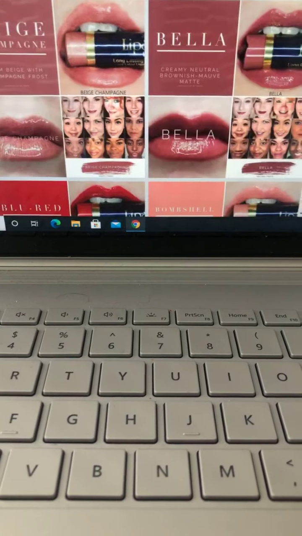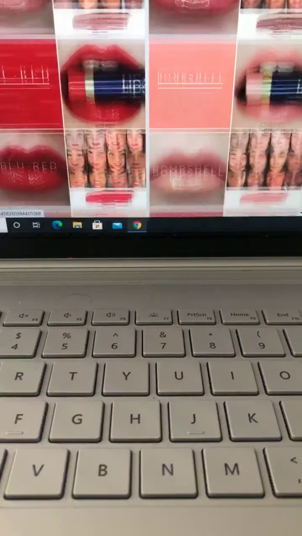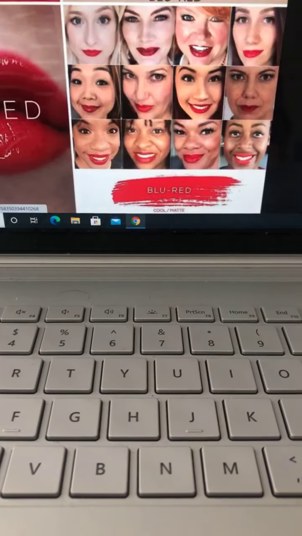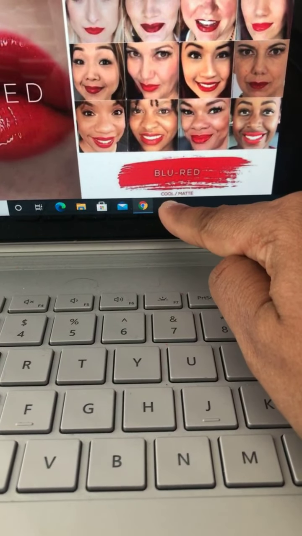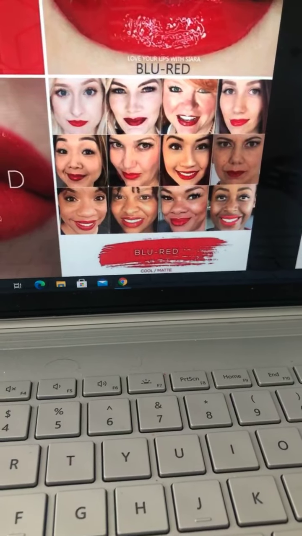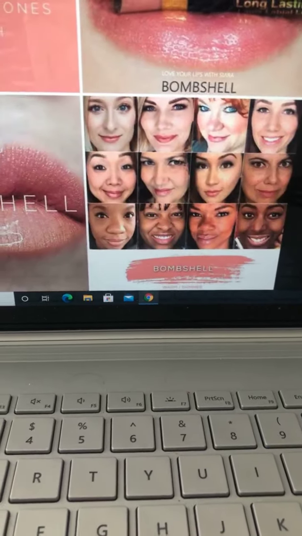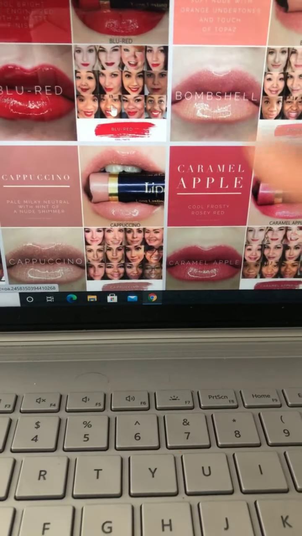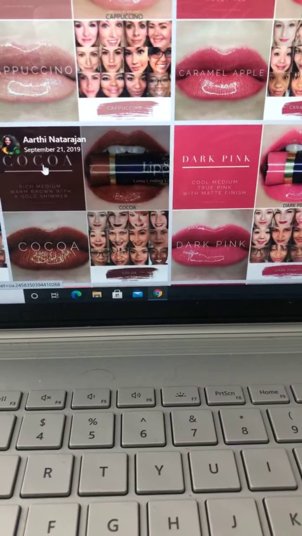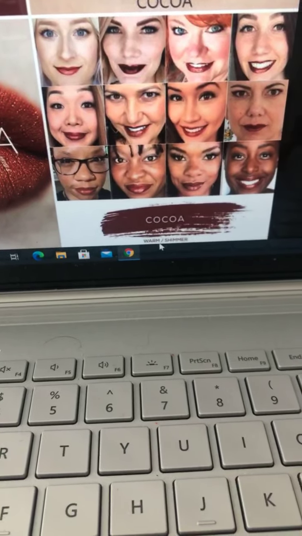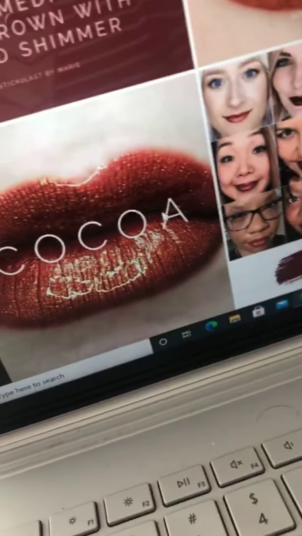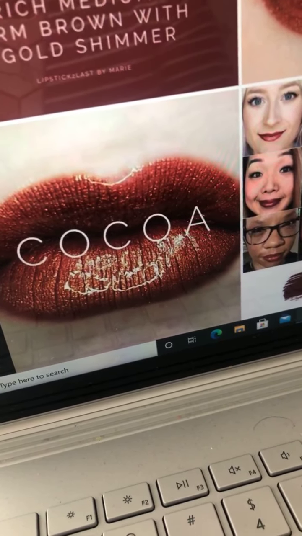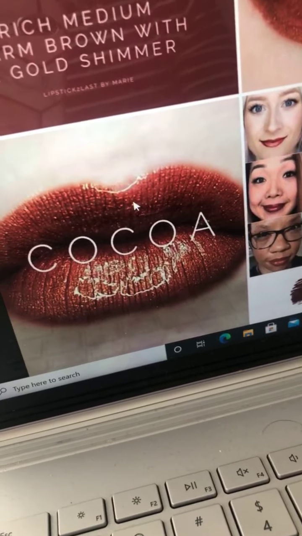So today we did blue, red and cocoa. So let me show those. These are all in the albums of the group. So you can see blue red is a cool matte shade, and I think cocoa will be next. No, bombshell. Let me see cocoa. Yeah. So if you see cocoa, you can see it's a warm shimmer. Here you will see clearly the glitter particles in the color itself. So that's where the difference comes.